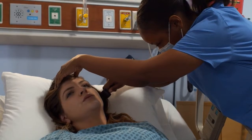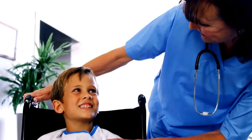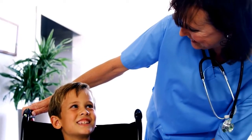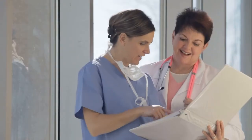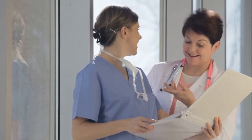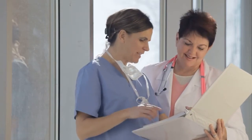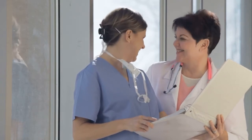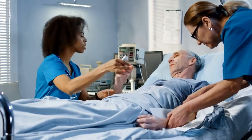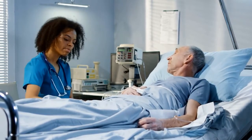LVN, licensed vocational nurse, and LPN, licensed practical nurse, are used interchangeably to describe this role because they're essentially the same occupation. Both jobs entail the same duties and have identical education and licensing requirements. The sole difference between an LVN and an LPN is where they work. Vocational nurses practicing in Texas and California are typically called LVNs, whereas their colleagues in all other states use the